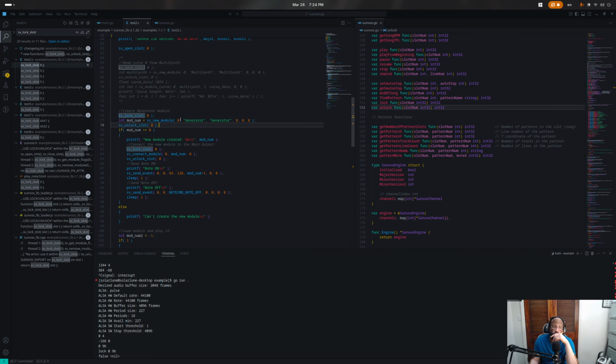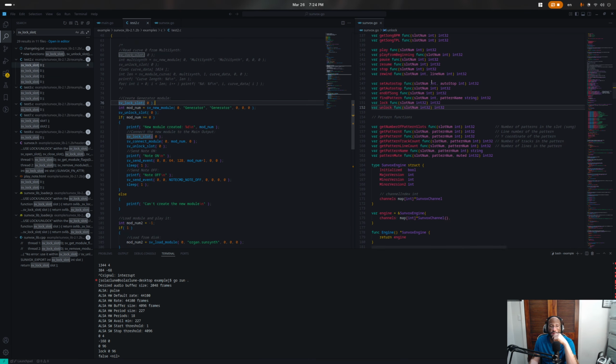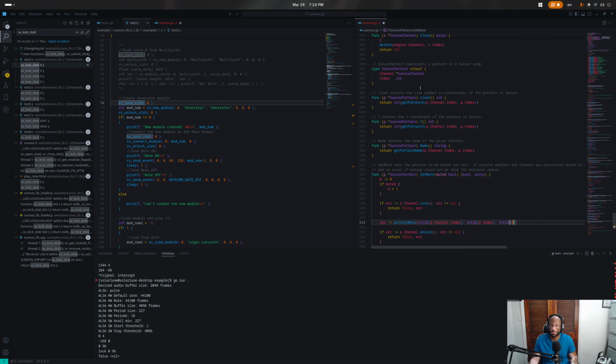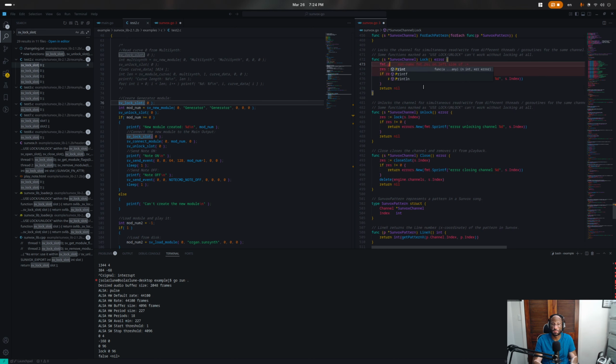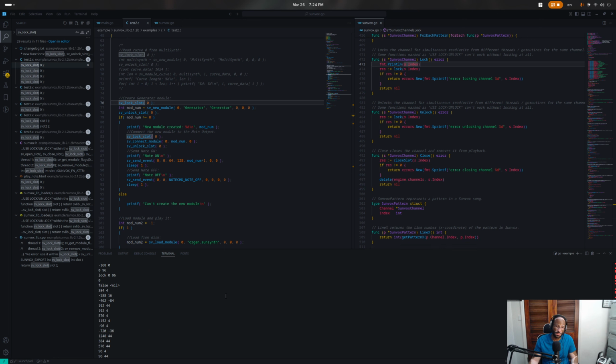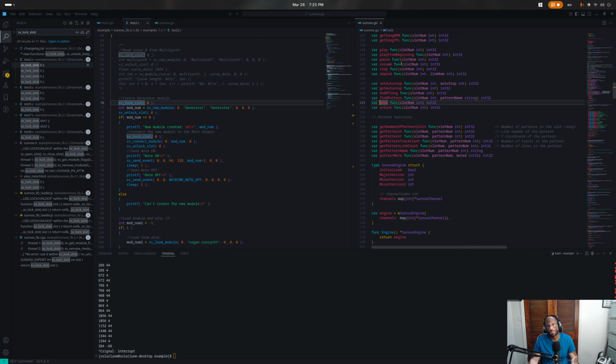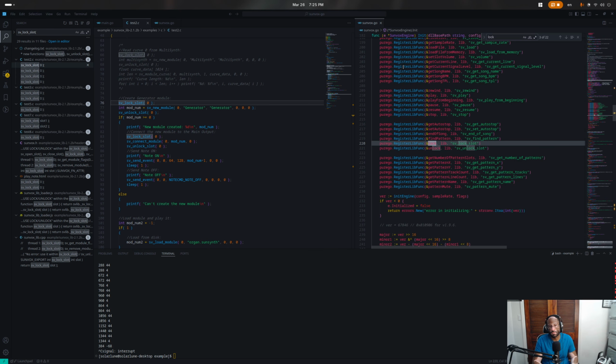Hmm. Lock slot, unlock slot. Must be 0, right? Lock slot, unlock slot. Lock the specified SunVox slot. Use a